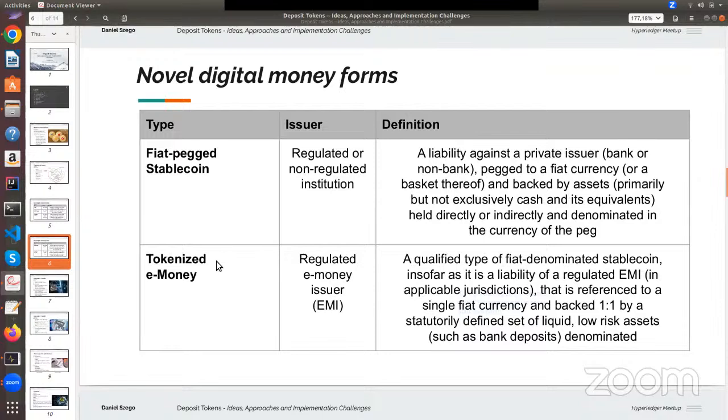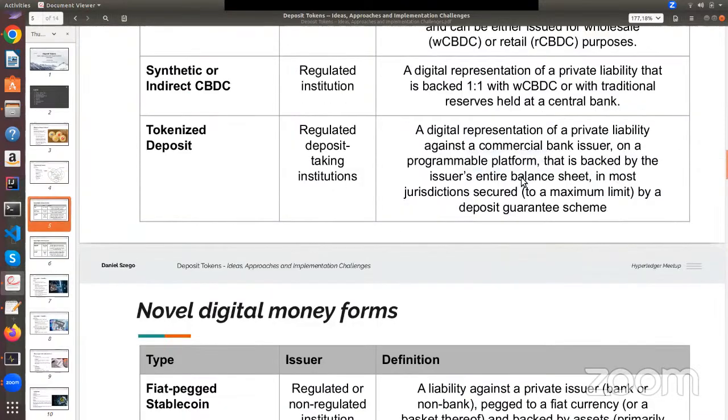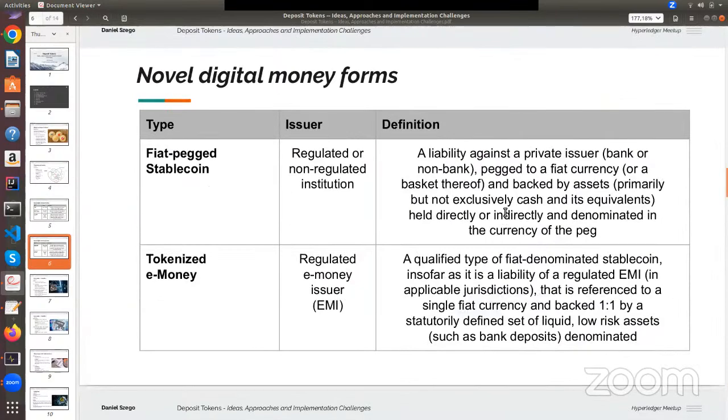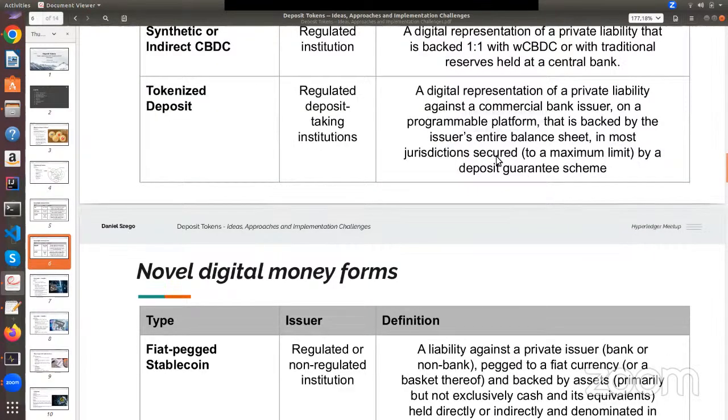And then we can have something which is tokenized e-money. Tokenized e-money is another similar concept. There are regulated e-money issuers who can practically issue such, I would say, a fiat-denominated stablecoin, which is a liability of a regulated EMI, and it is referenced to a single fiat currency and backed one by one in liquid or low-risk assets. So I would say these three categories can be basically similar if they are issued by banks. Theoretically tokenized, and the difference is